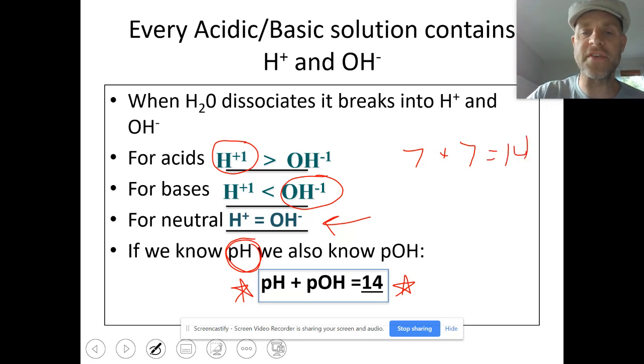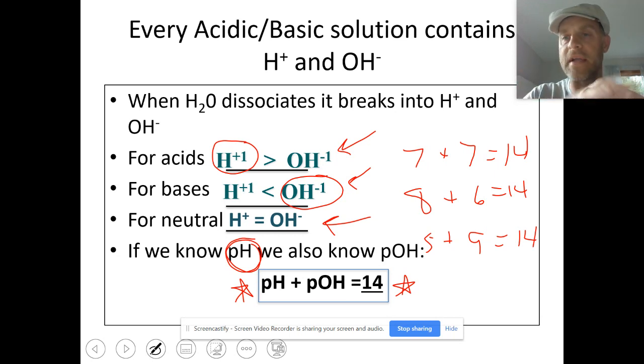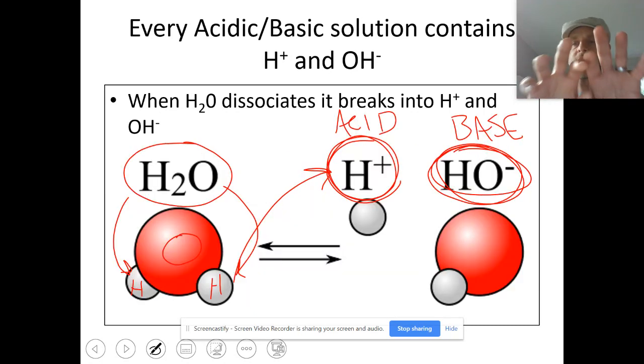Okay, well, what if pH is greater? What if pH is 8? Well, then we know pOH is 6. What if bases are greater? What if pOH is 9? Well, then we know pH is 5, because when I add pH and pOH, they're always going to equal 14. And we'll get to that later, but I want you to see, because water dissociates into H's and OH's,